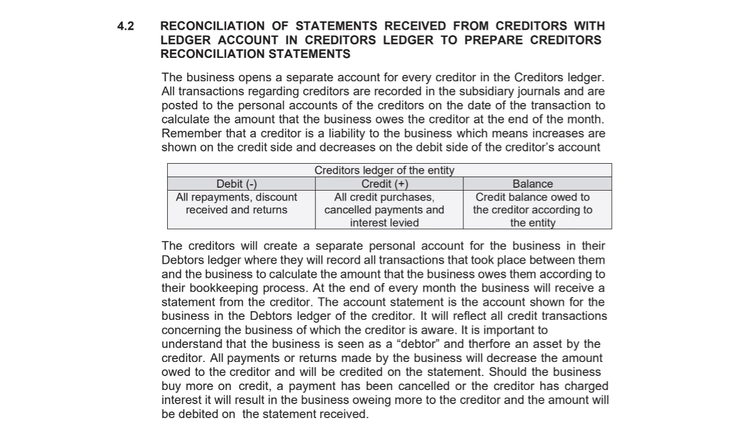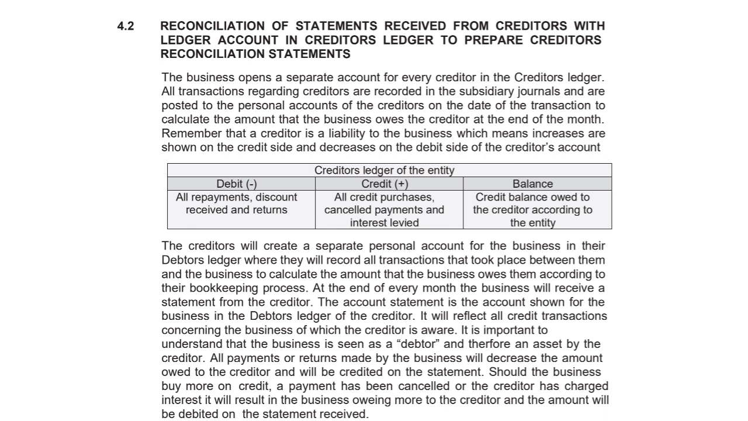4.2. Reconciliation of statements received from creditors with the ledger account in the creditors ledger to prepare creditors reconciliation statements. The business opens a separate account for every creditor in the creditors ledger. All transactions regarding creditors are recorded in the subsidiary journals and are posted to the personal accounts of the creditors